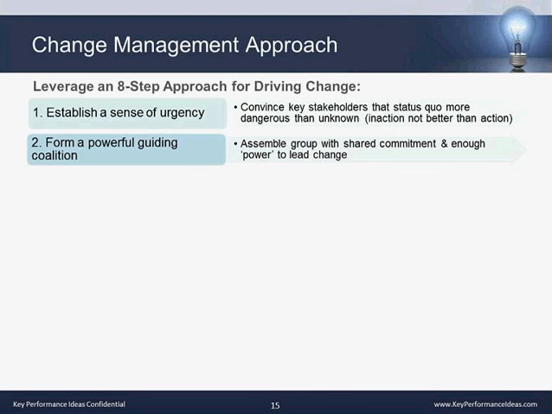Form a powerful guiding coalition. I'm sure most of you have individuals in your companies that whenever there's a problem, you've got a go-to person. Either that guy or that girl who, when there's an issue, you don't know how to do something, you don't know why something's been done, those are the people who really have the answers. And that's the group you need to really get together and get them on board and make sure they understand what you're trying to do and really get their support, because ultimately, whether it's formalized or informalized, those are the resources who really get things done and people look to. So getting them on board as part of your coalition for change is critical to being successful.